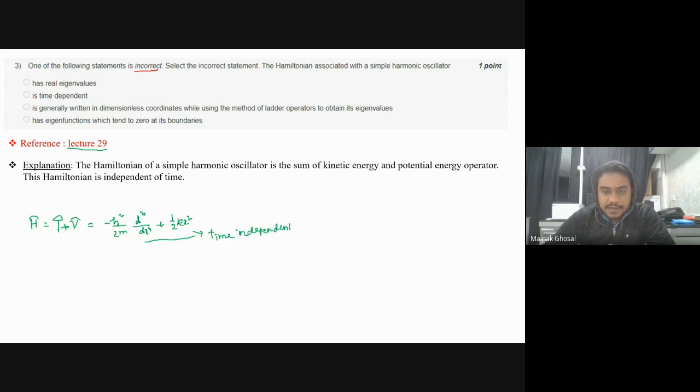Okay, this will always be time independent. You can see here that the total Hamiltonian is time independent. Suppose there was some equation you have seen, what is the Schrodinger equation? The Schrodinger equation I can write as i h cross del psi by del t equals H psi. This is the Schrodinger equation, and this equation will reduce to,